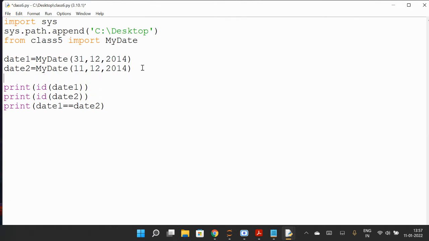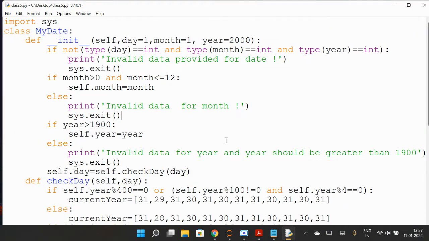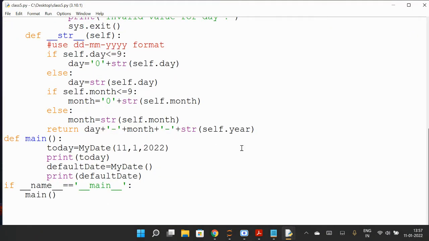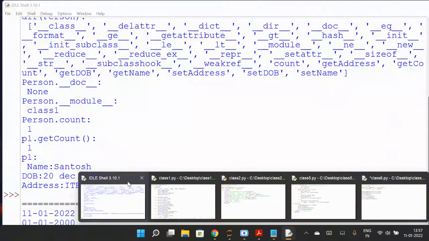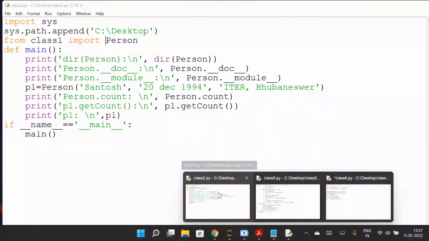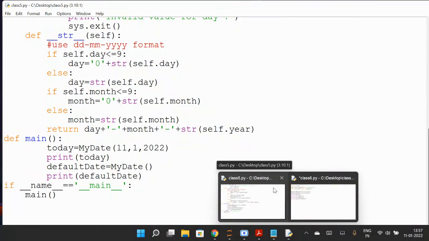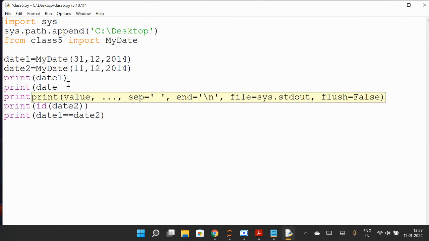In fact, I also print date1 and print date2.